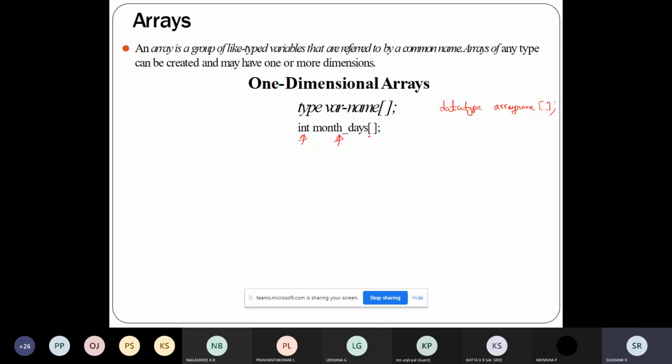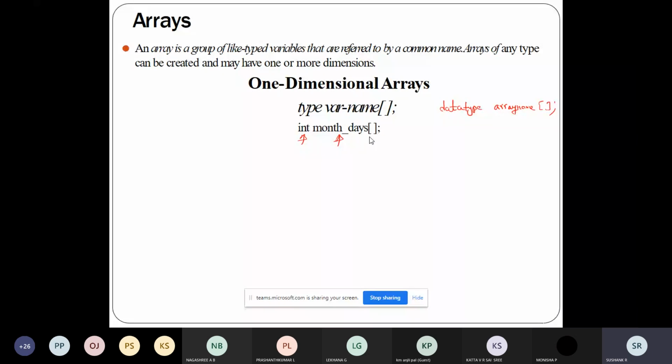Once I write like this, it will declare an array where the name of the array is month_days and the type of the array is integer. So this is the syntax for declaring an array.